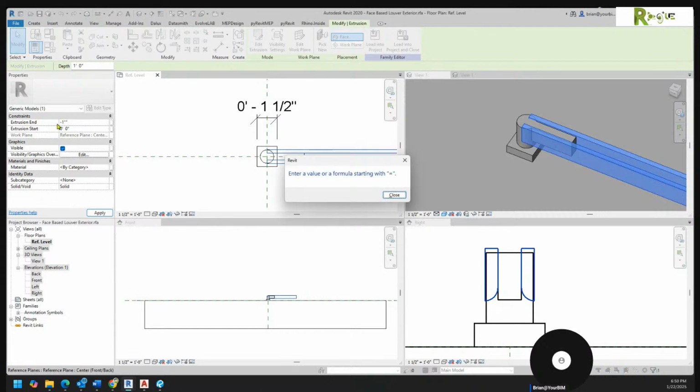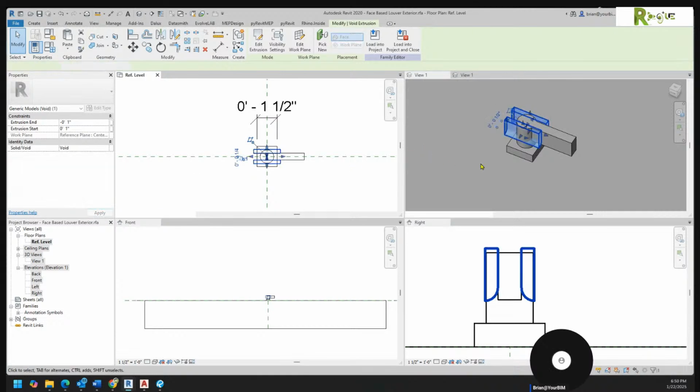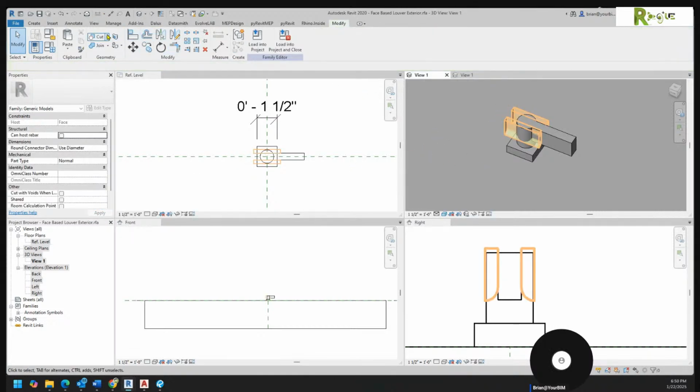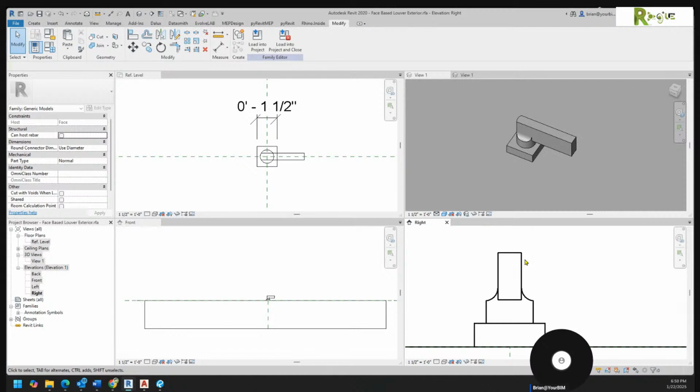Let's try that again. -1 inch and 1 inch. Okay. And all I'm going to do is turn that object, then I turn it into a void. And I simply say cut. And now it looks like a little bit more of a handle. And you, by all means, you could make some minor adjustments if you wanted to. You see how that stretches. And this one should stretch. And we could